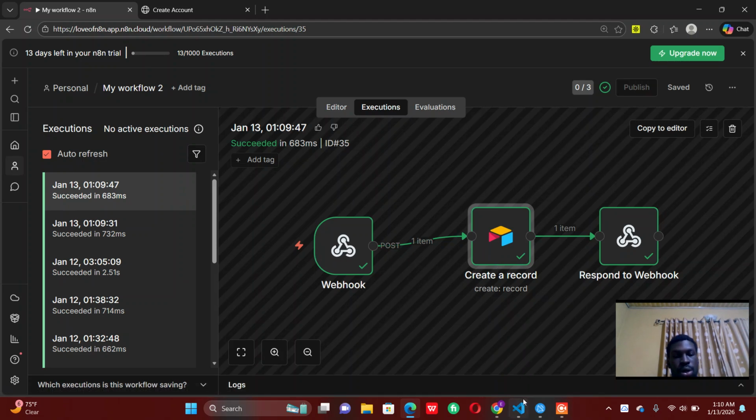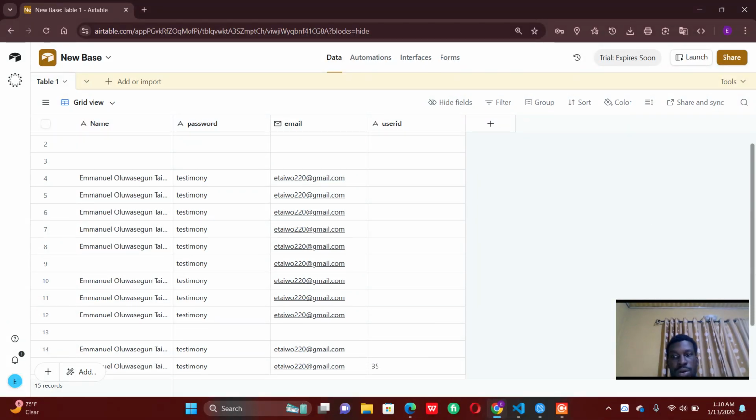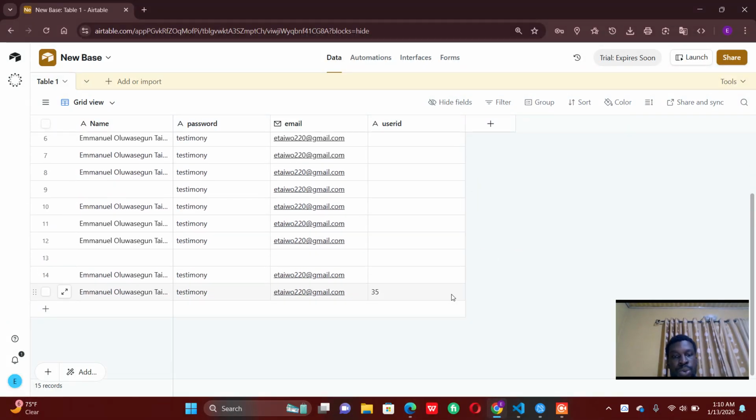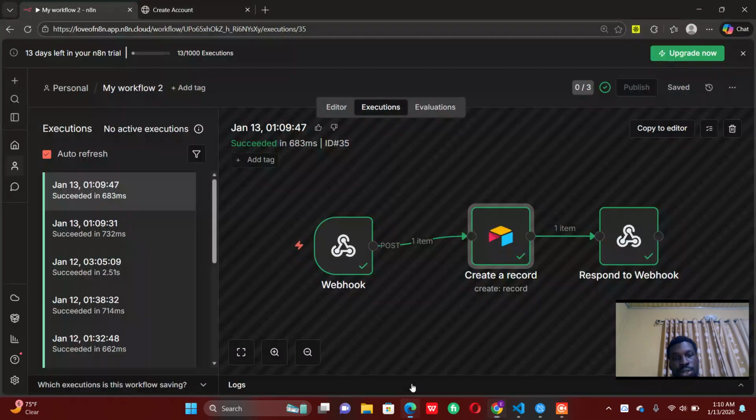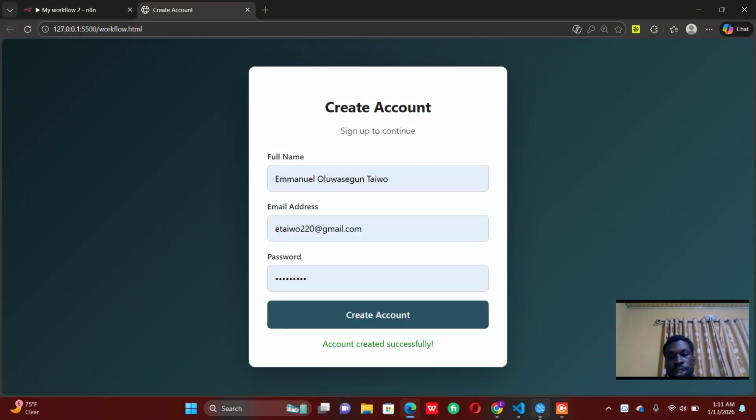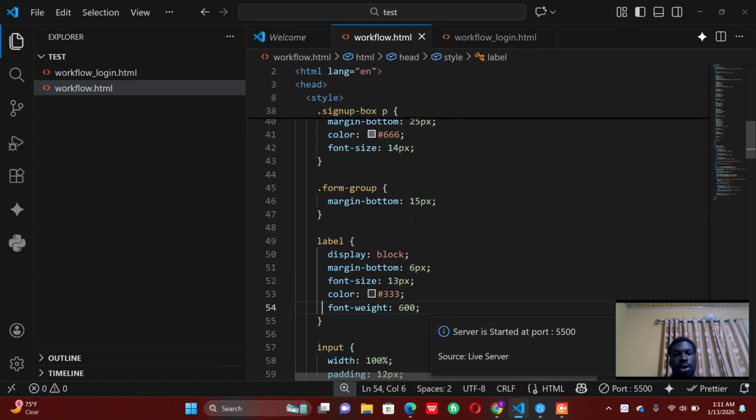So let's come back here. We should have 35 right here. Now we have 35 here. So we can use this ID to access in our login. When we want to log in, we can use this ID to access this entire line, this entire data. So right here, let's come back and we need to come to our HTML,